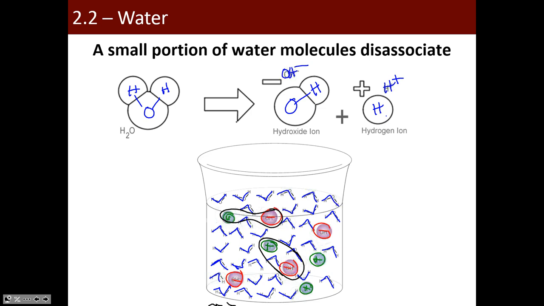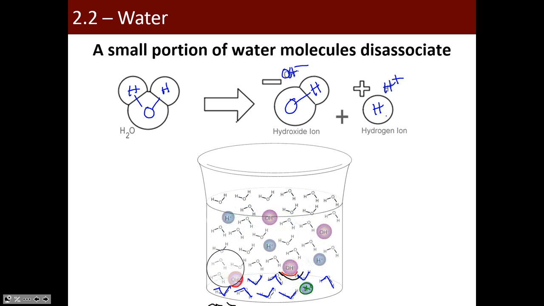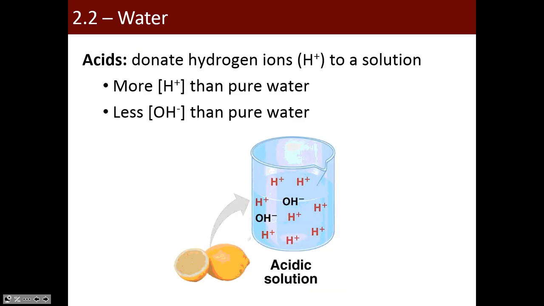Okay. So they're falling apart and coming back together, and falling apart and coming back together. So what that means is that every glass of water, even pure water, nothing else in it, is partially water molecules with a sprinkling of hydrogen ions and hydroxide ions. Okay. So when you think about that,